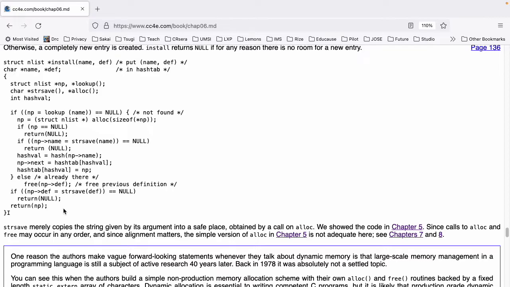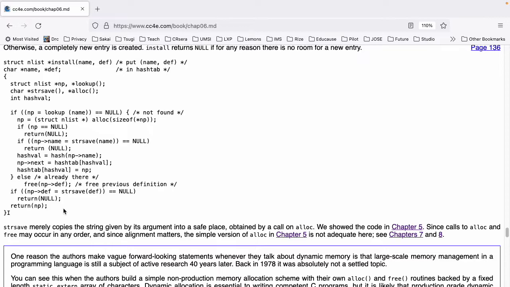That means the allocation failed. if ((np->name = strsave(name)) == NULL) return(NULL);